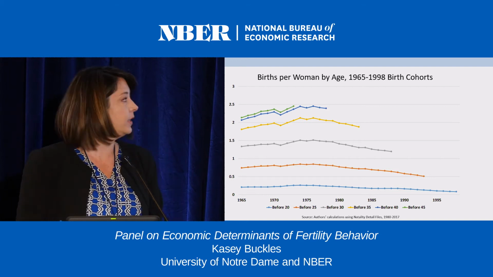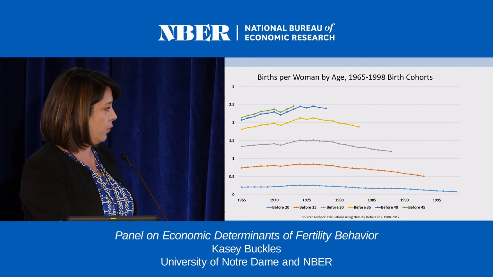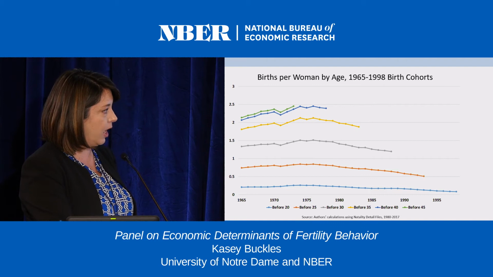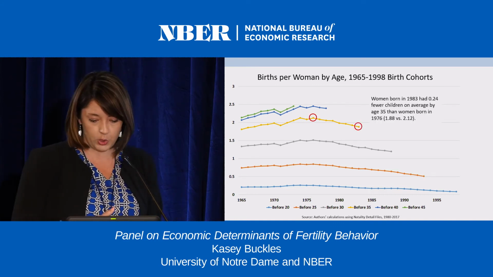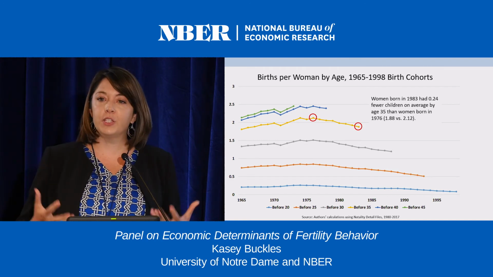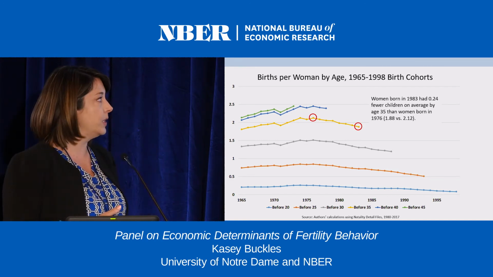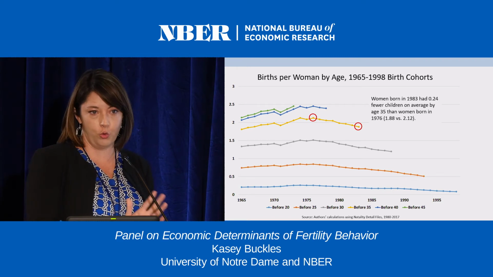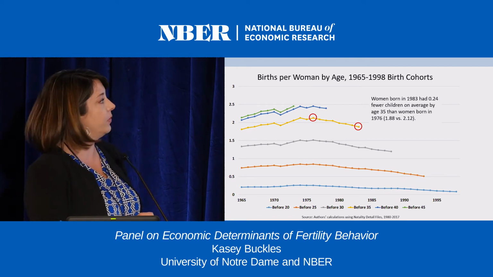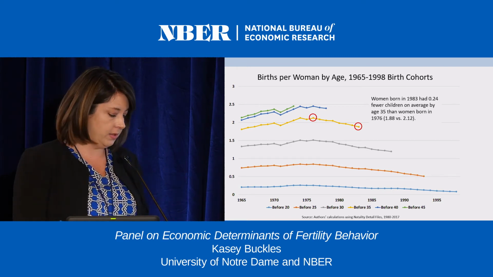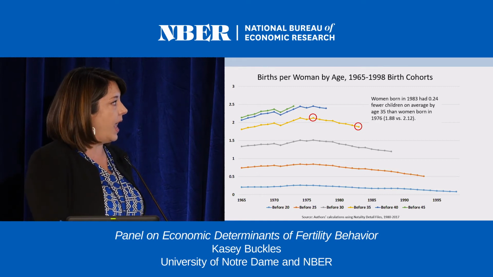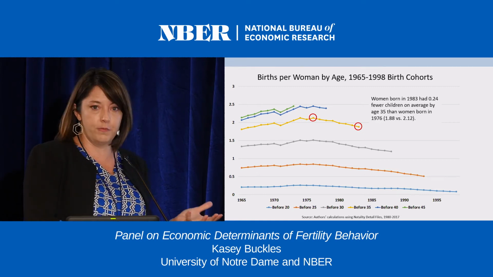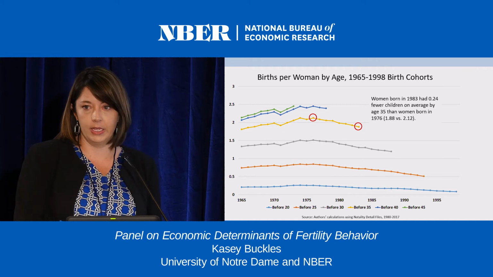So, Martha, I think, did a really nice job of talking about what has happened for these cohorts here and getting up close to those born in the early 1980s. So let me look at those early 1980s cohorts. The last group for which we can see their fertility by age 35 are the women born in 1983, right? If we look at those women, they are having fewer children than women born even just a few years ahead of them, say in 1976. And by age 35, they're having fewer than 2 kids still, at 1.88, right?